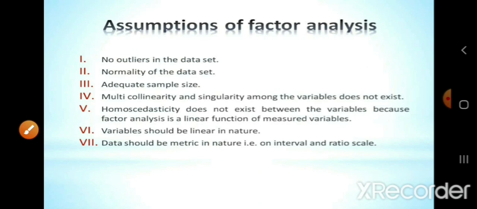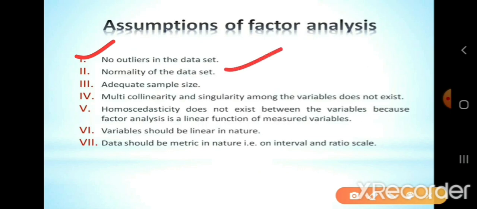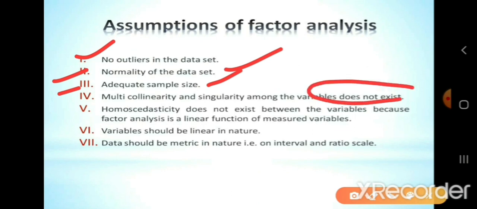so the assumptions of factor analysis are: there are no outliers, meaning the data is normalized. We have an adequate sample size. Okay, so approximately 30 is the sample size we prefer, and less than 30 is not preferred in factor analysis. Next, multicollinearity and singularity should not be there among the variables. Okay,